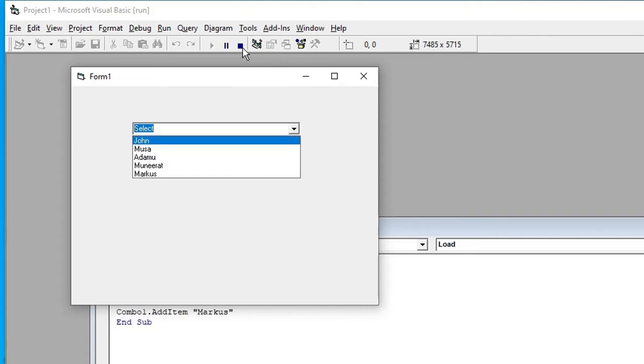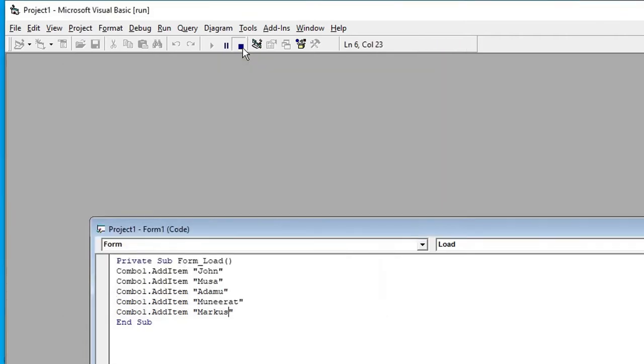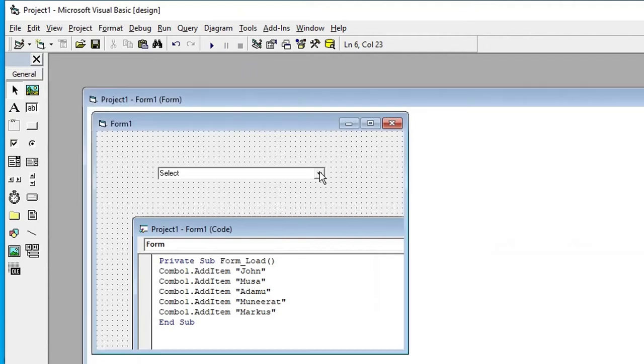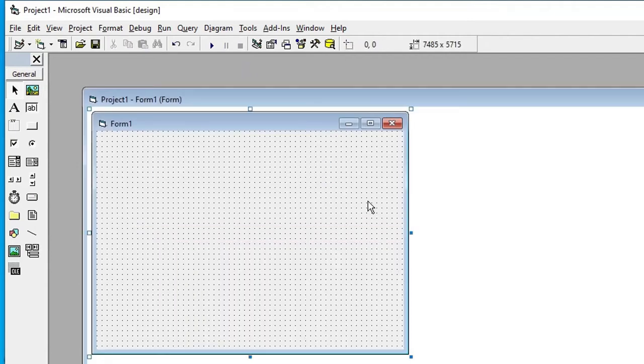Well, let's stop the program and begin our proper lesson for today. Now, I said for us to be able to do what I've just shown you, you need a text box, one text box like this. You draw it,